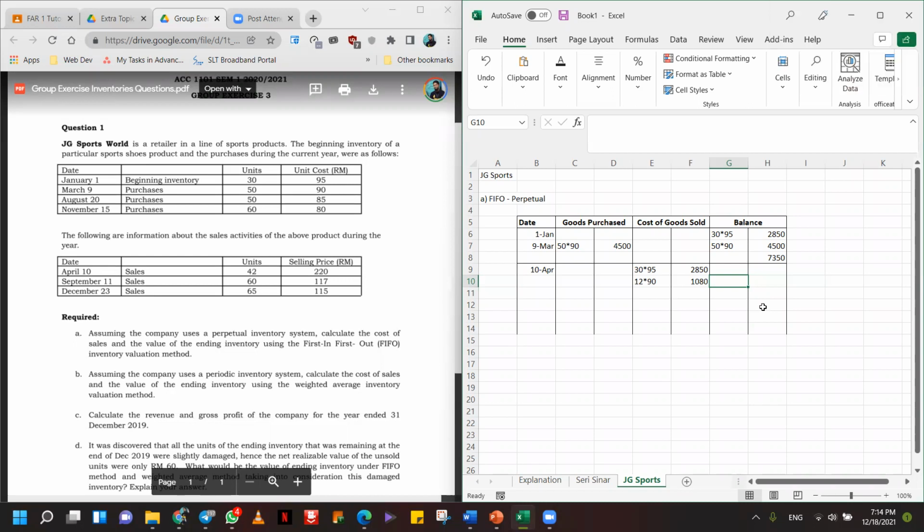Yeah. So this figure, 38. 38 into how much is it? 38 into 90. All right, 90, which is 3,420. So that is the remaining at 10th of April, right? And then we have a purchase on this date, August 8th. So